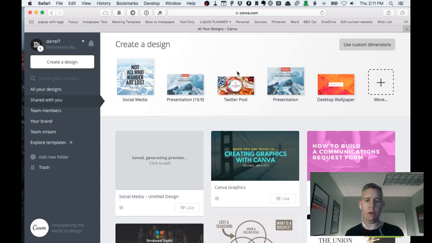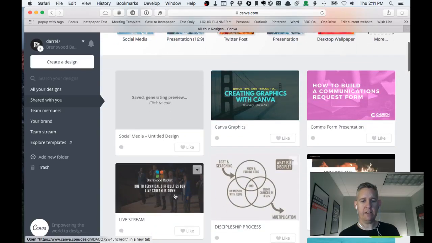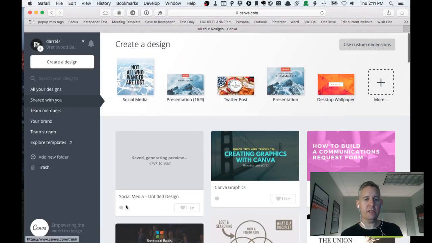You'll be greeted with all of your designs, which includes some of the past tutorials I've done on the Facebook page, and there's my emergency graphic that I created a couple weeks ago down here in the lower left-hand side. On the left-hand side, you're going to see the button to create a design, all of your designs, team members. Guess what? On Canva for Work, you can share stuff between people. Your brand allows you, I'm going to click on that for a second,